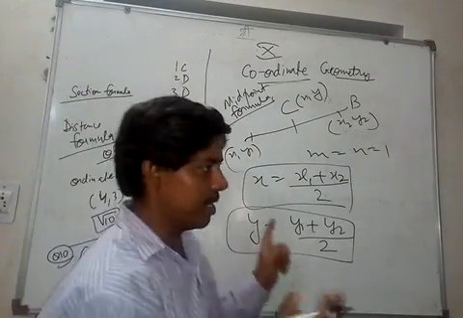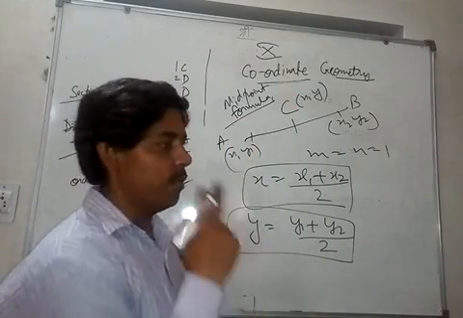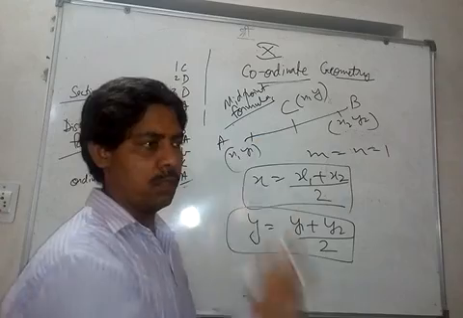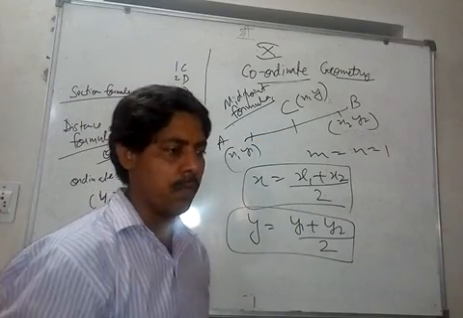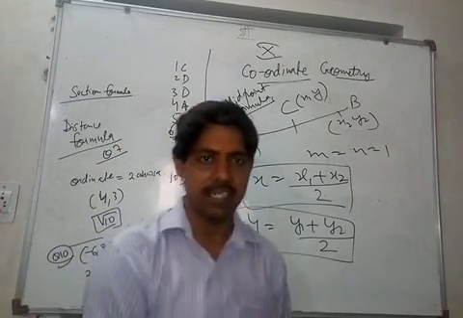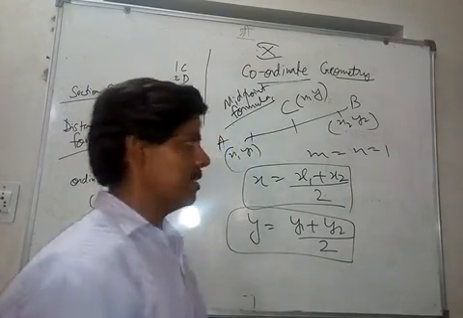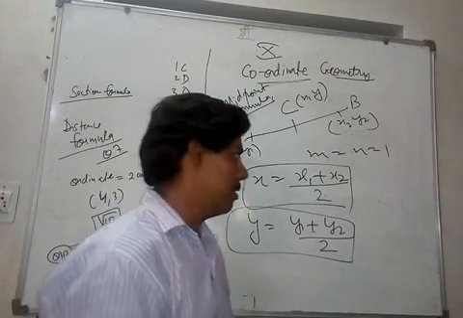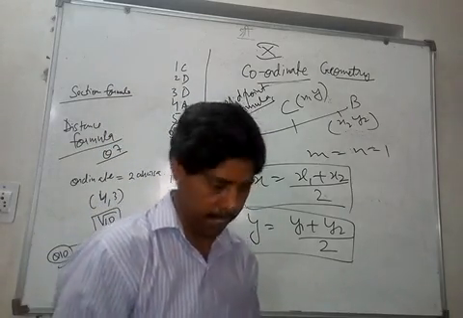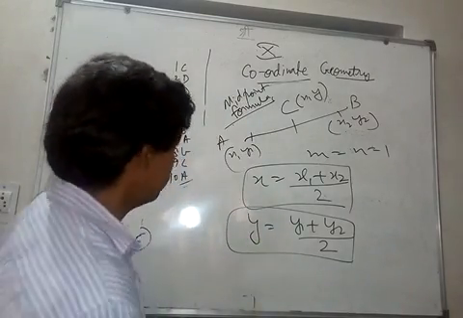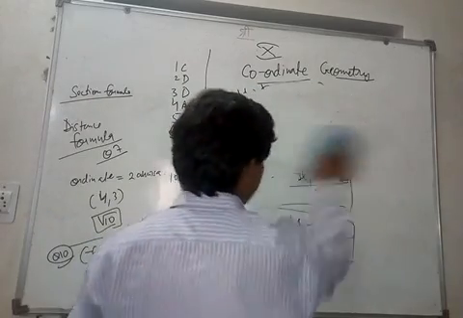If you look at the diameter, the midpoint is the center. If you look at a parallelogram, the diagonals of a parallelogram bisect each other. If they bisect each other, it means their midpoint is the same. That concept is used a lot. Now let's consider some more questions here.